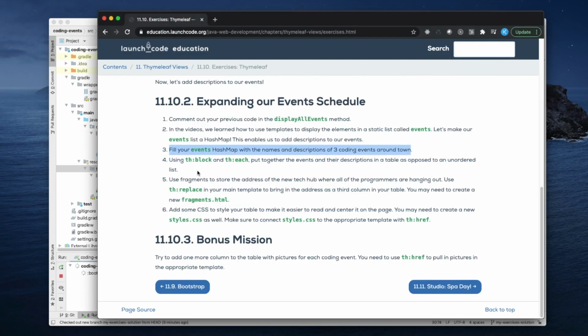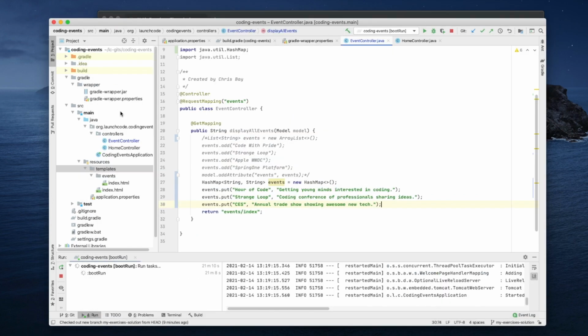Let's go back. Okay, so now it looks like we need to use the th:block and the th:each to put together the events that we just created and their descriptions into a table instead of an unordered list. So let's go ahead and do that. We come over here,